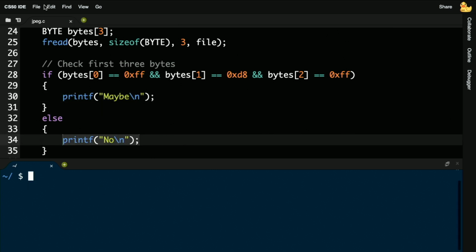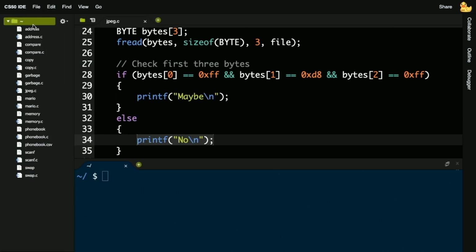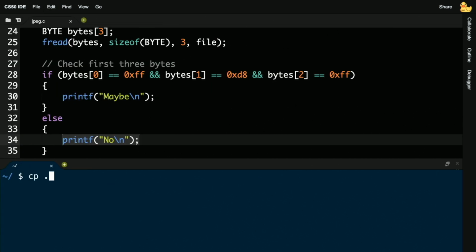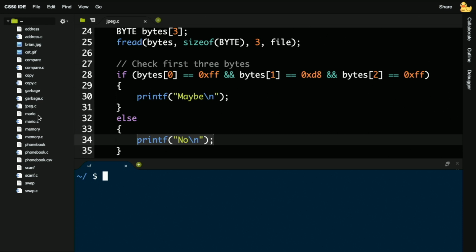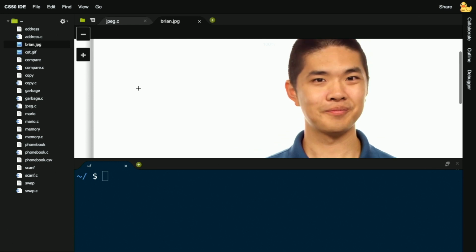And so what I can do here is as follows. In today's code, let me go ahead and grab 2 other files that I brought with me. And one happens to be a photograph again. Give me 1 second. I brought with me a few files, one of which is called brian.jpg, which is the same photo of Brian.